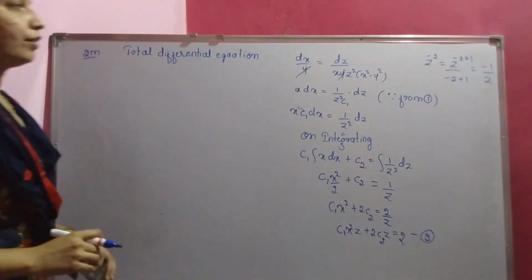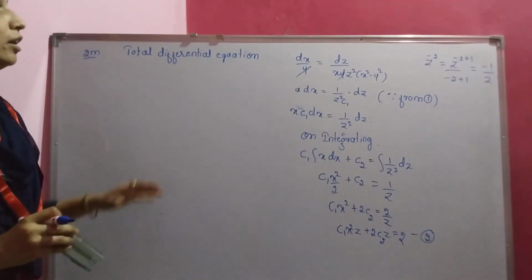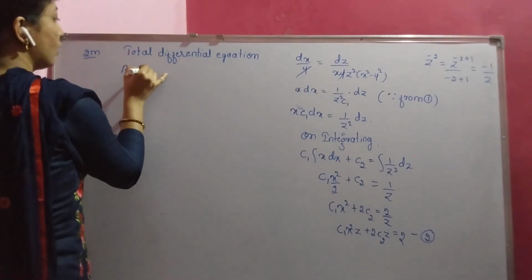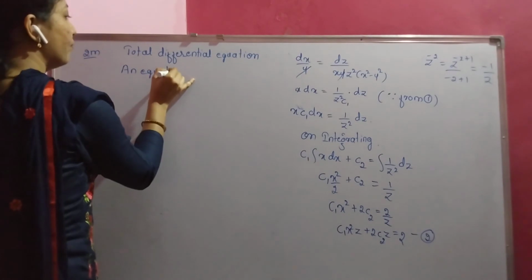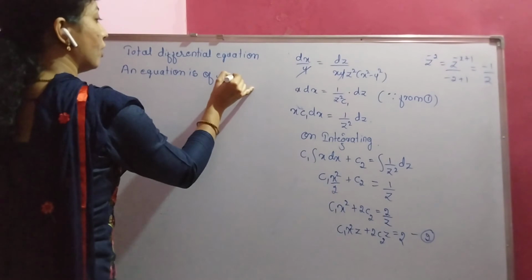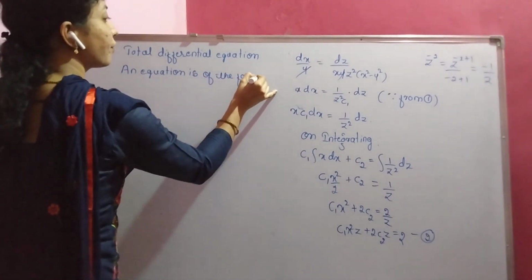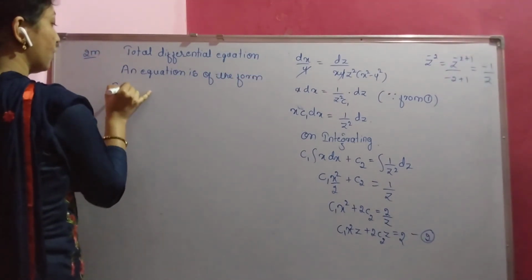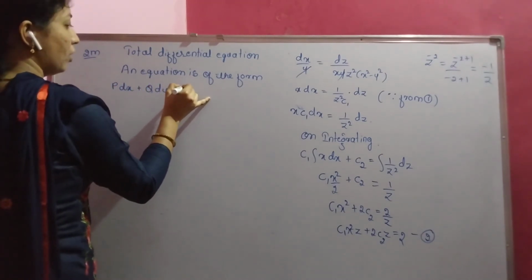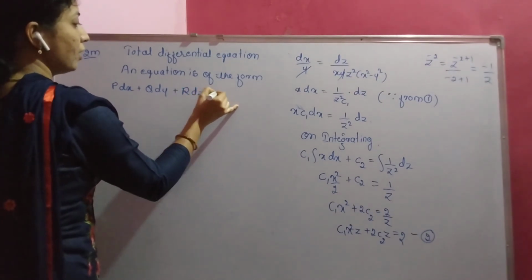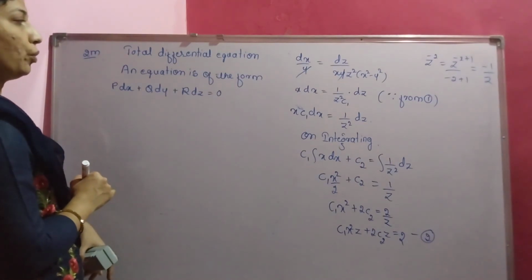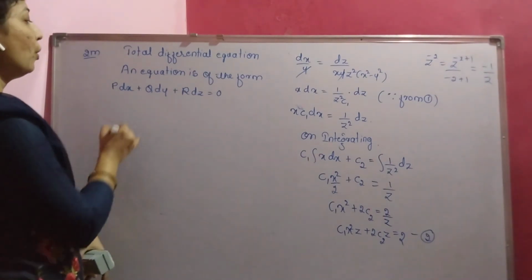The total differential equation can be defined as an equation of the form P dx plus Q dy plus R dz is equal to 0, where these three terms P, Q and R